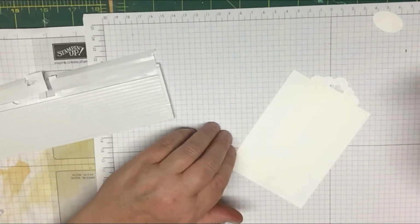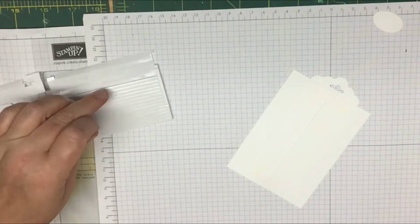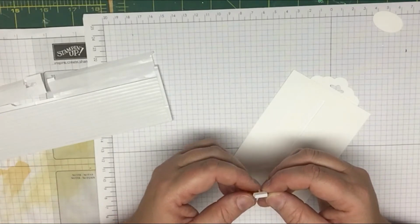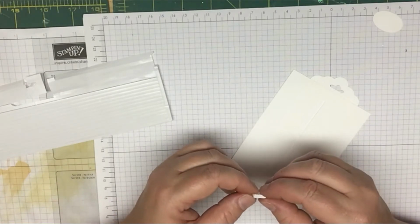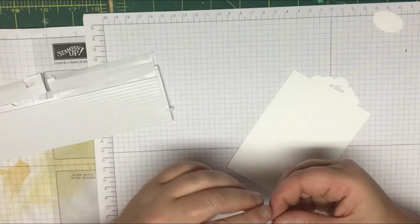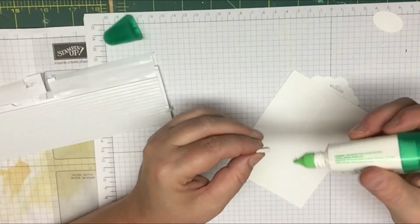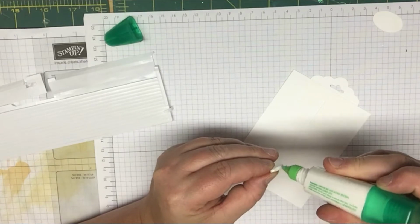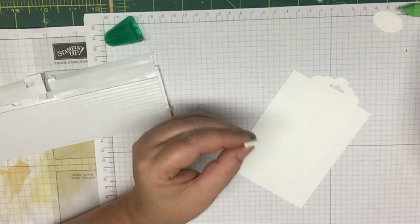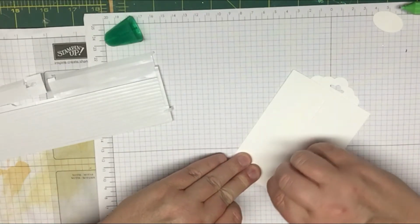Now what I did was I took a piece of the foam adhesive, probably about a 1/2 inch or so, and I took some of the Tombow mono glue, because you want to make sure that this really stays, because this card's going to be moving. And I put it on top of the sticky part here. I took the tape off, put it on top of the sticky part, and then I laid that down right at the end of your card,